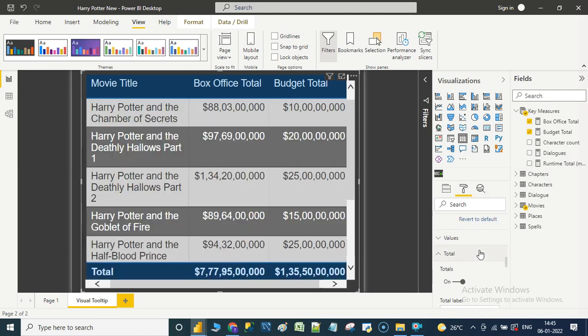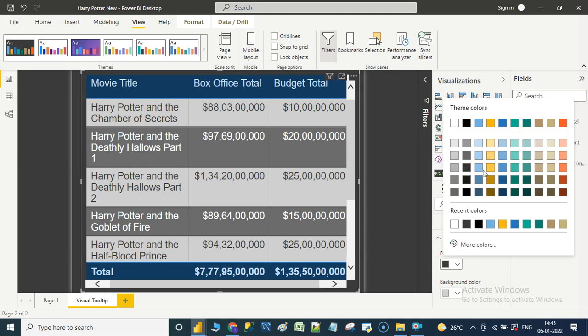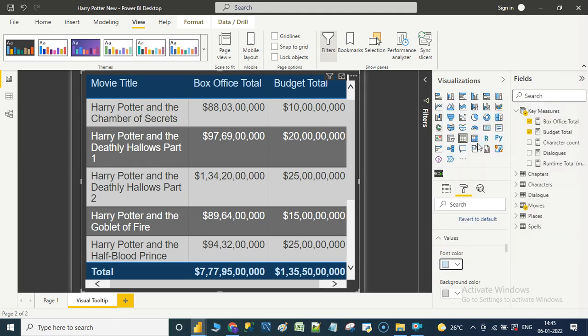Now, let us go to the values section, that's the content within the visual. Font color as light sky blue, and the background color as the regular blue.